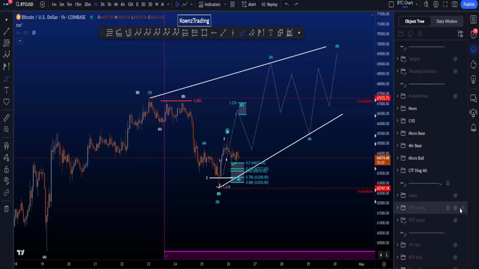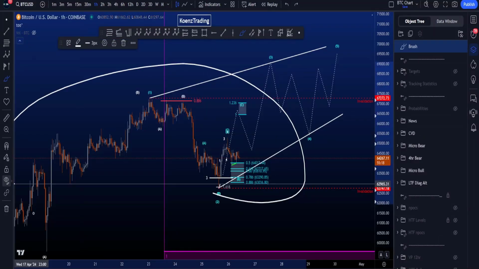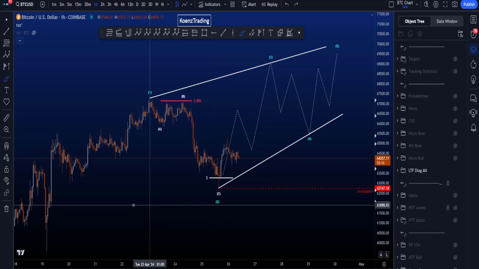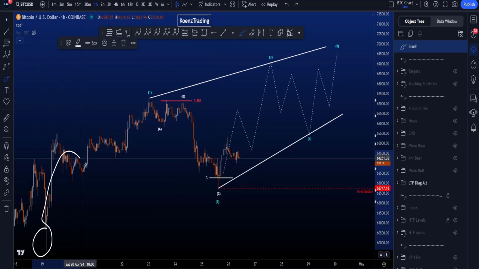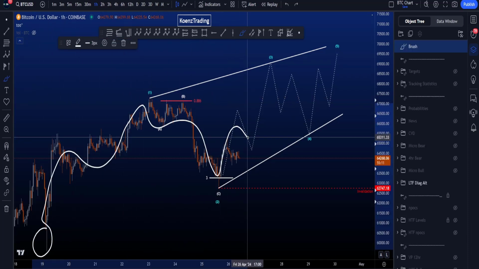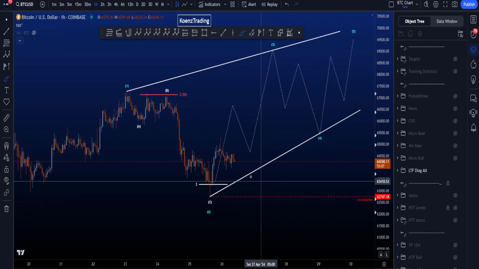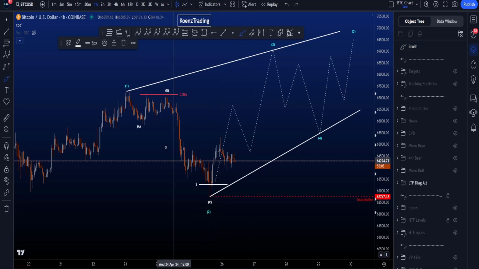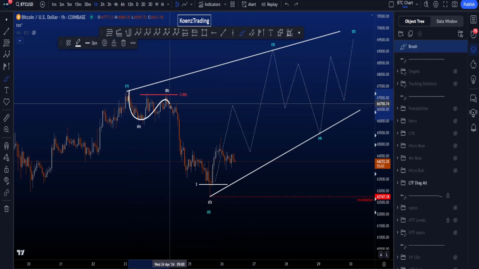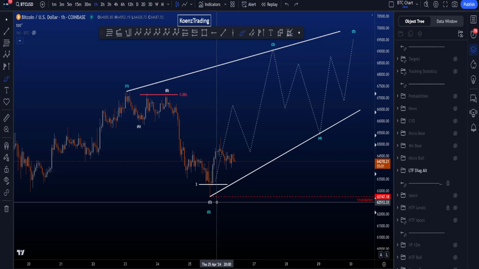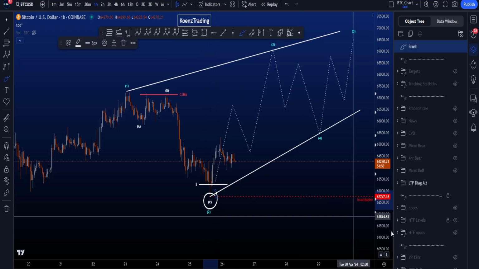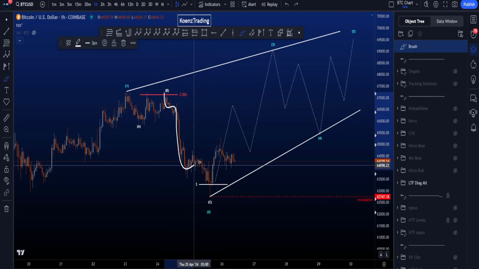Hi everyone, let's go over my bullish and bearish Elliott Wave scenarios on Bitcoin, starting with the bullish scenario where your low is in and we are looking for a contracting leading diagonal towards the upside where all of the waves are three-wave structures. In this wave 2, we're then counting a zigzag to the downside in a wave A, B and a wave C, where preferably your wave C is already finished,